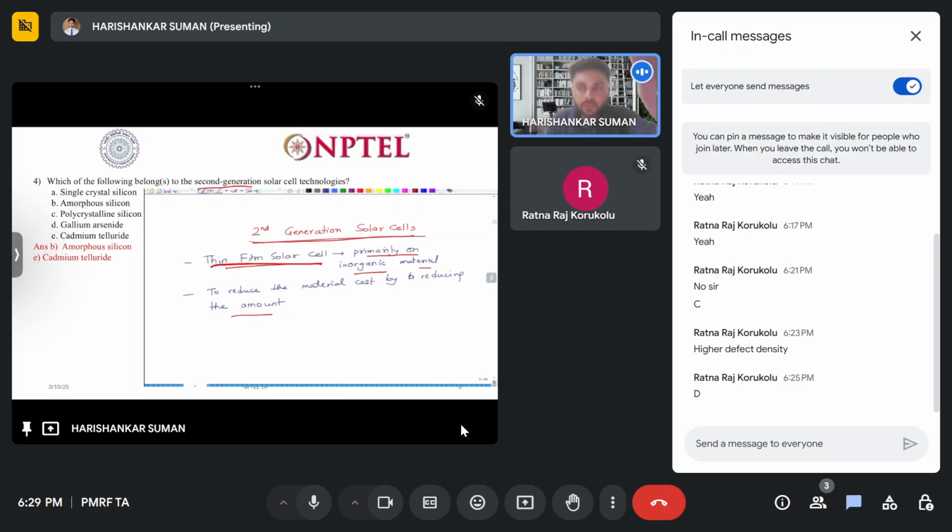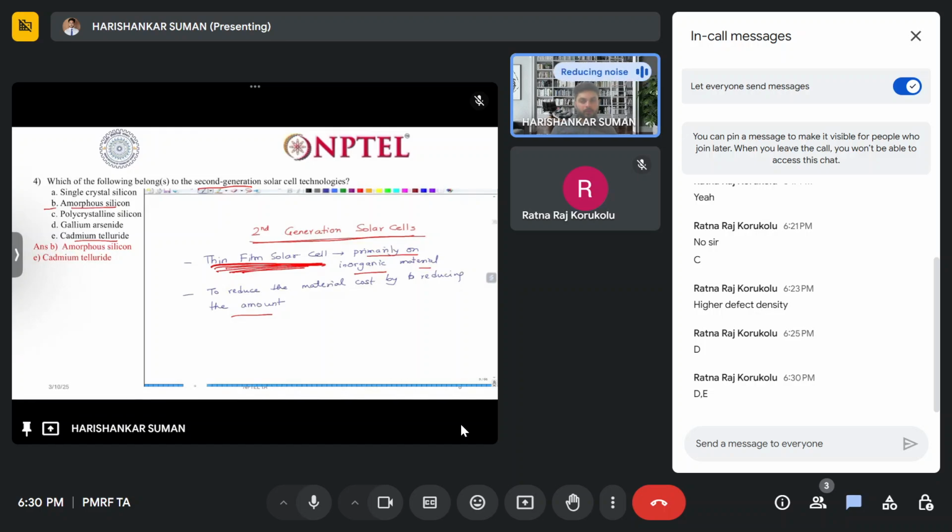Okay, so the answer is B and E. These are the amorphous silicon and cadmium chloride. These are the second generation solar cell, and which is based on thin film solar cell. Okay,